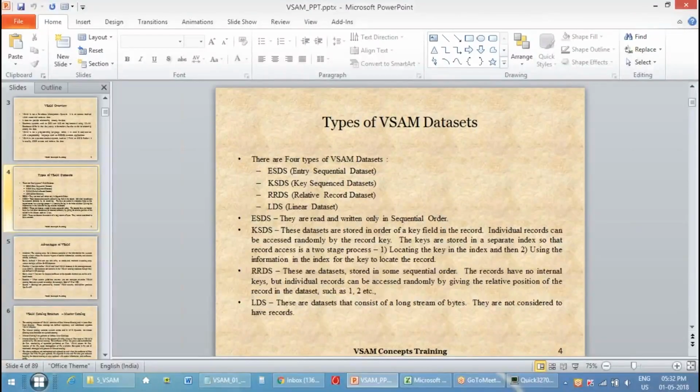Key sequence dataset is fully indexed. In this sense, it has a data component and index component. You can perform sequential, random, and dynamic access with KSDS. RRDS also gives you the ability to perform all 3 access modes like sequential, random and dynamic, but it does not have any index component. Random access of the records is performed using the relative record number in the RRDS,